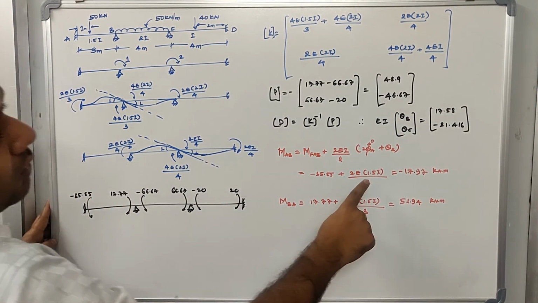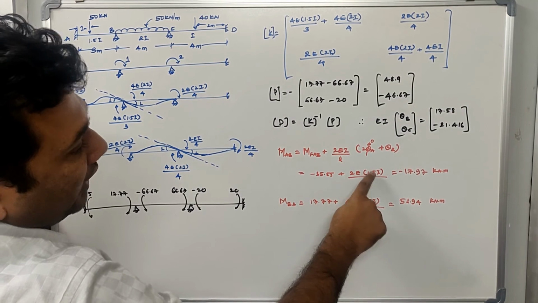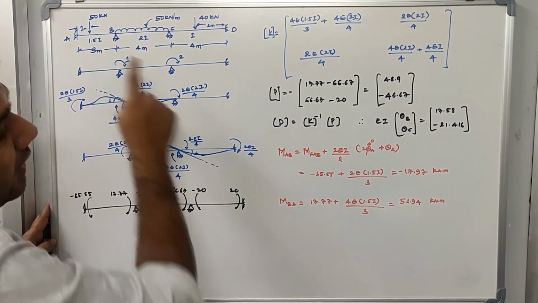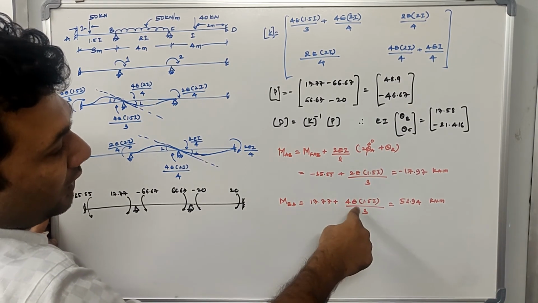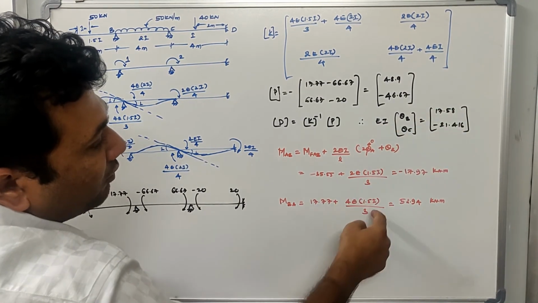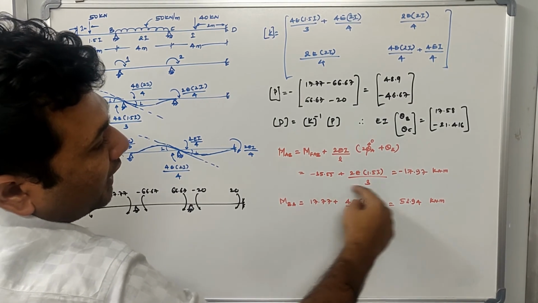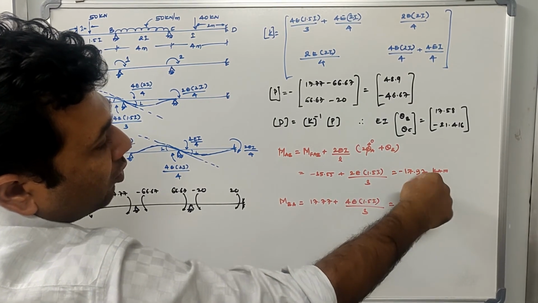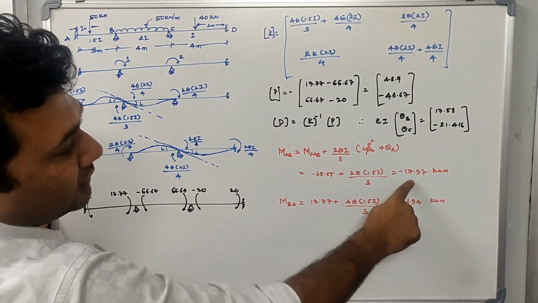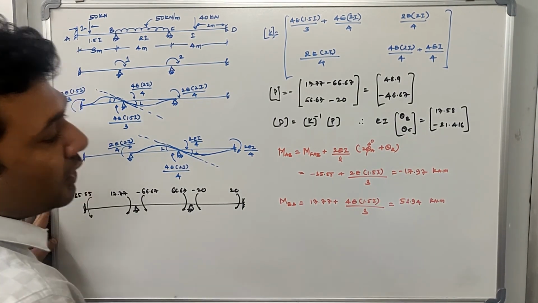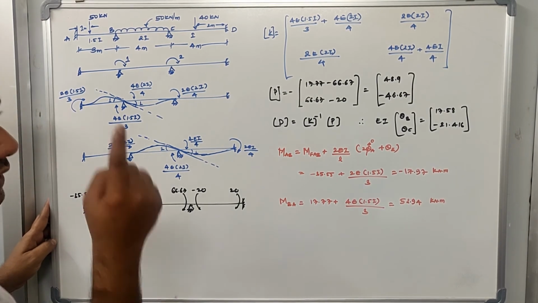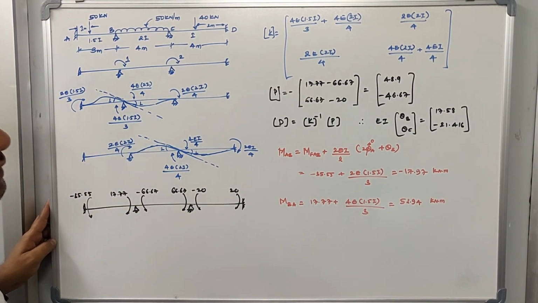Okay, now let us substitute the I value. The I value for this member is 1.5 times I. The length of the member is 3 meter. So after substituting all this, let us substitute the value of EI theta B. EI theta B value is 17.58. So you will substitute all of that and you will calculate how much is the moment at AB. So the moment MAB is minus 17.97 kN meter. You can also verify the solution that you got using Kani's method also, because we have solved the same problem using Kani's method also.